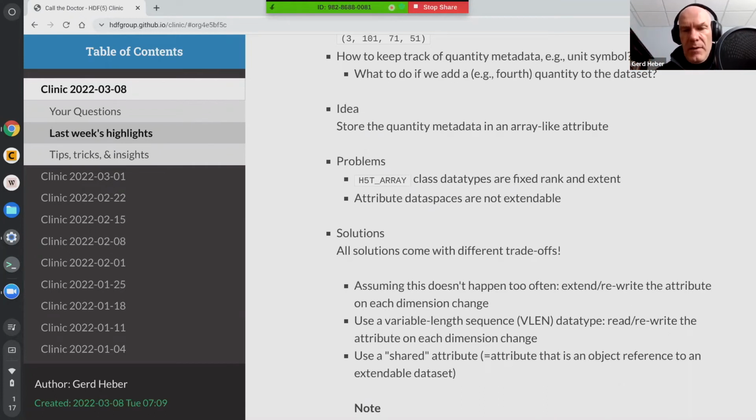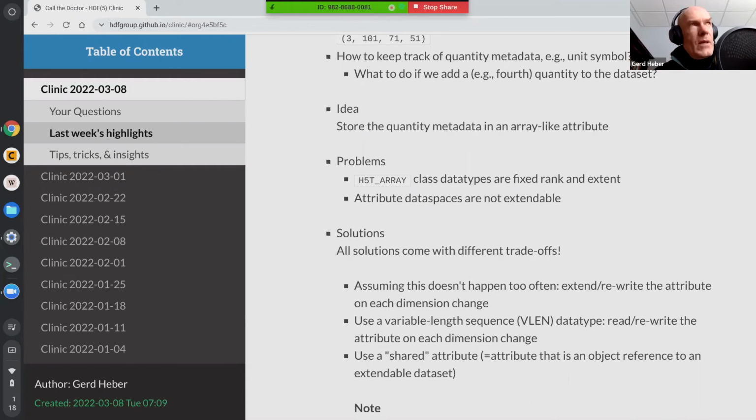You can't all of a sudden have it hold 5 elements or 10 elements. And the other problem is that if you say, I'm not going to use an array data type, but I'm just going to use an attribute whose data space is a one-dimensional array, then the problem is,